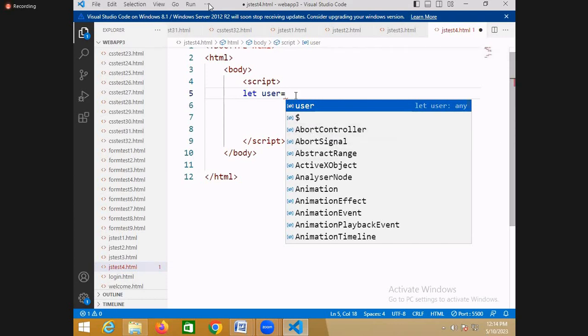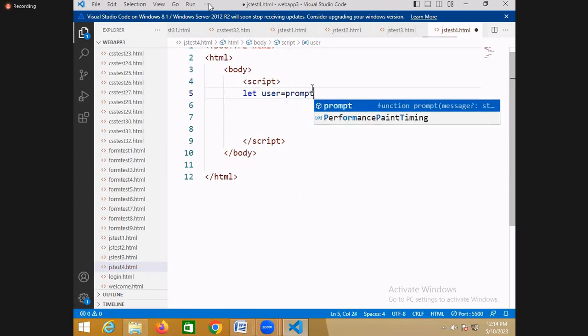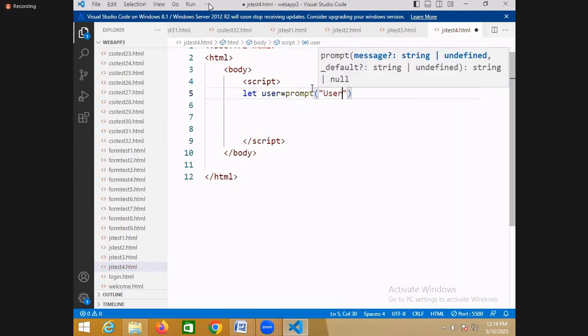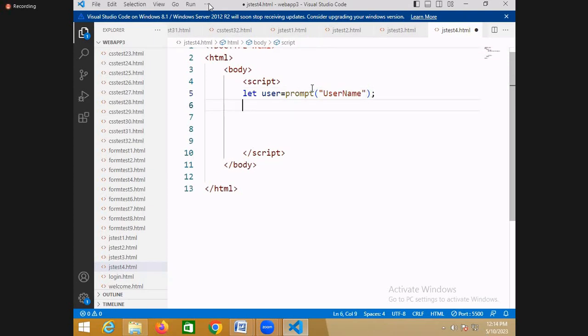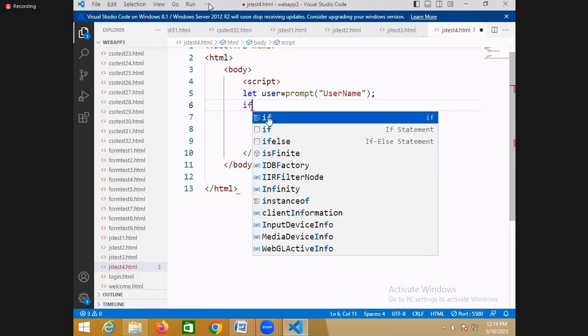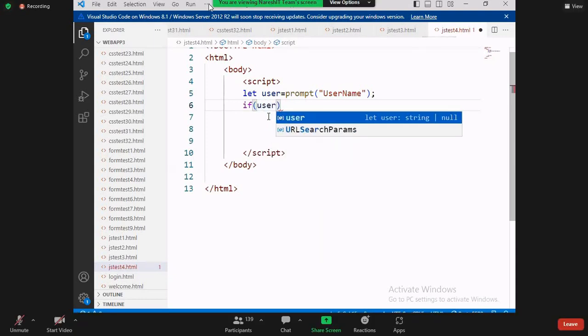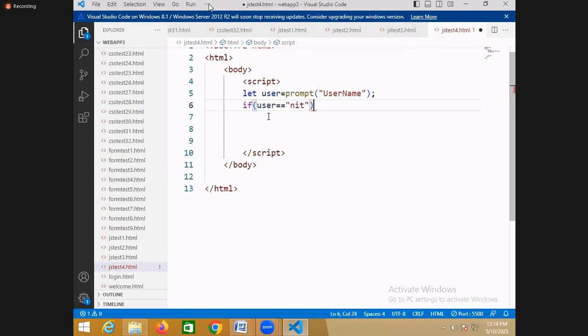Okay, right? So here I try to input the username. So I use a prompt, and what do I input here? Username. So after giving the username, what I want to do is verify whether this username is valid or not. If the input username is equal to NIT, then immediately